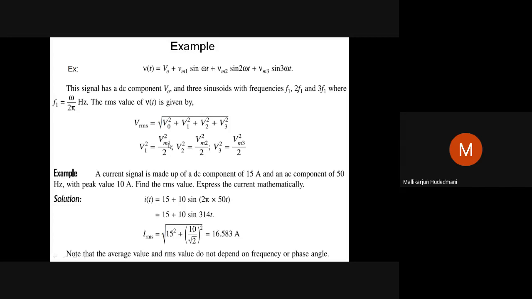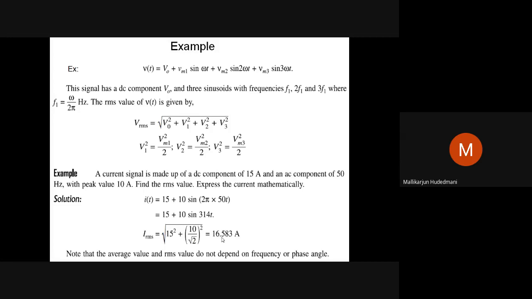Here it is mentioned as peak magnitude square divided by 2. But here the peak magnitude is 10, so 10 squared divided by root 2 squared, which is 2. It is nothing but the same kind of expression. What is the real meaning of that? Inside the bracket, 10 by root 2 refers to the peak value divided by root 2, which is the RMS value of this wave. Its square is added to the square of the DC under a root. That is your RMS. The same method mentioned here is practically used to get the RMS value of a mixed component. Therefore, it should be taken care of.